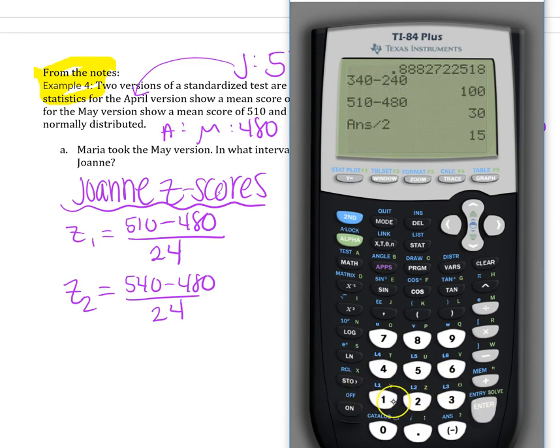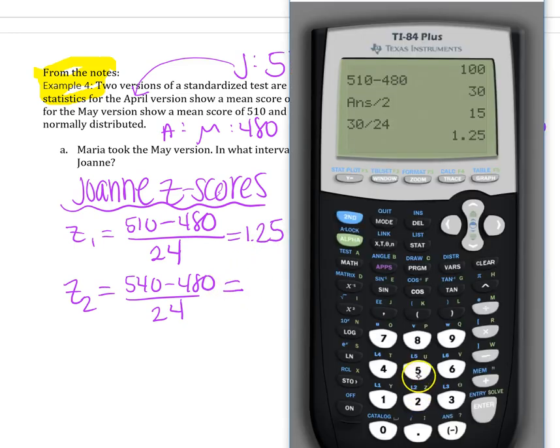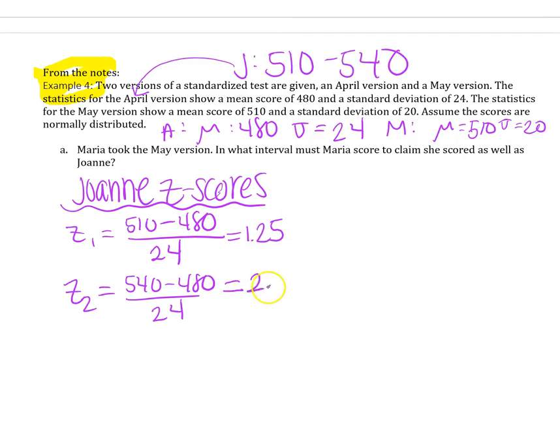That's not right. What did I do? Oh. Sorry, this is supposed to be 30 divided by 24. Okay, so 1.25. Okay. So what this work tells me is that Joanne's test score was somewhere between 1.25 and 2.5 standard deviations